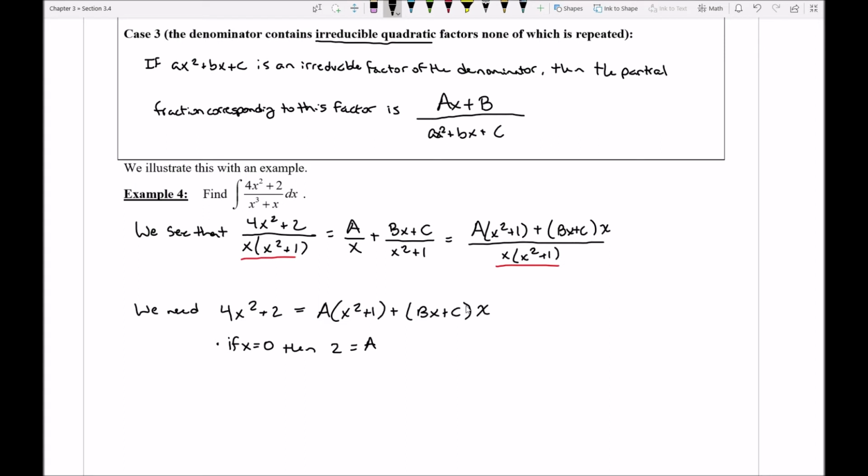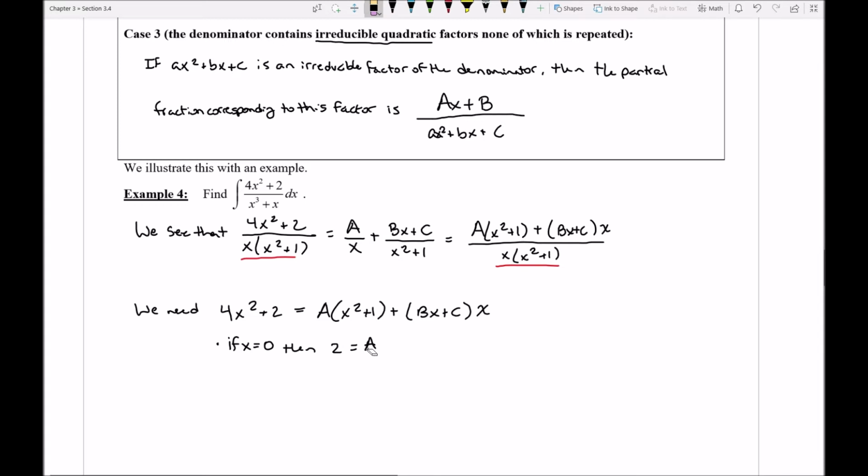What you'll see is that over here, there's not really much more I can work with. Actually, since x squared plus 1 is irreducible, that means there are no numbers I can plug into it that allow me to turn this factor into 0. So what I'm going to do here is take a slightly different approach when I start to involve case 3